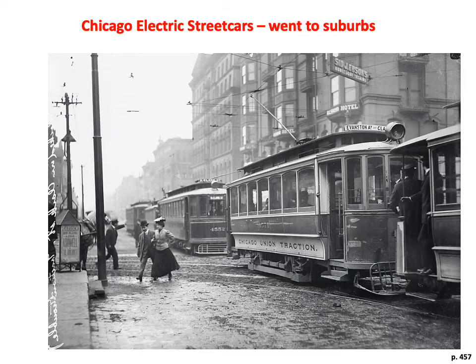Now, I mentioned a moment ago streetcars that would take people out to the suburbs, and of course they provided transportation within the city. This is photographed from 1906 in Chicago, Illinois, of the electric streetcar. And if you look above the streetcars, you can see the wires. There are very few of these left in the United States like this. The cable cars in San Francisco, which are a lot of fun to take as tourists, look like this. And many European cities still today have electric streetcars with the electricity provided by the wires above the streetcar.